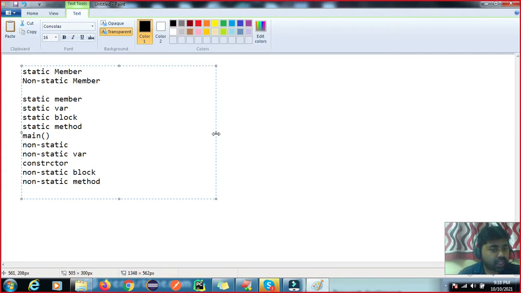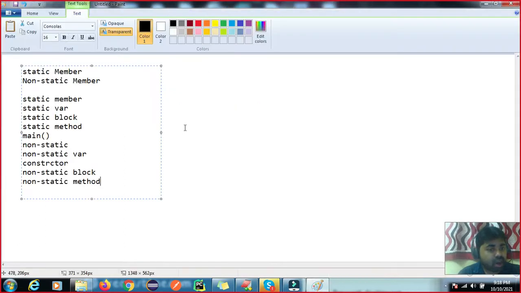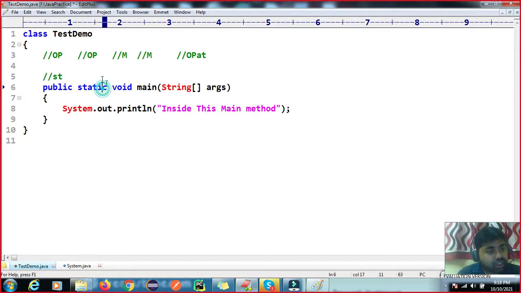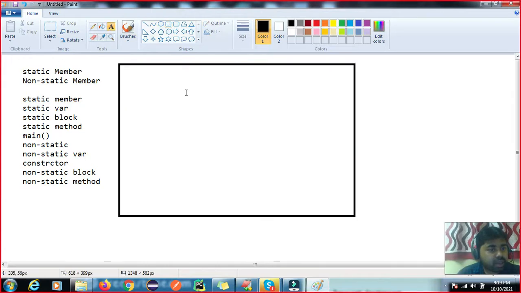You can see main method is static, so we have one question, why is the main method static? And you have to understand the meaning of a static member. What happens, if you have a static member, JVM provides the memory for it, but this memory is common. So simply I will give you one example. TCS company is there.